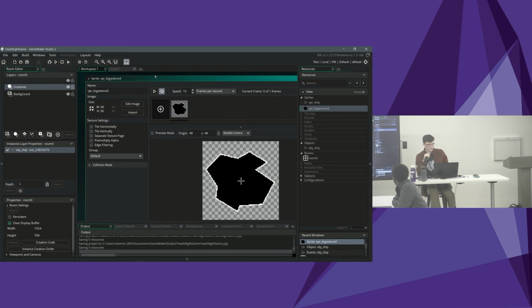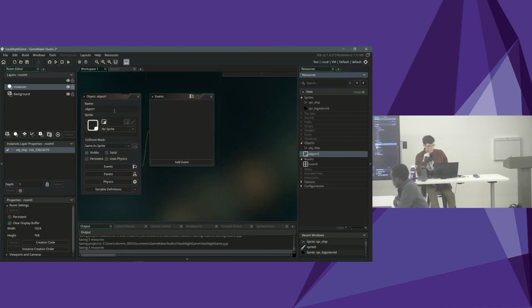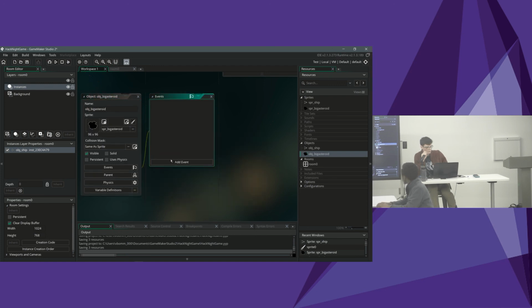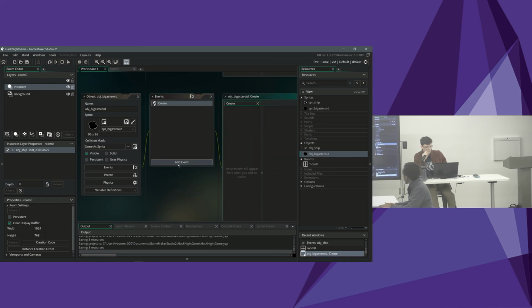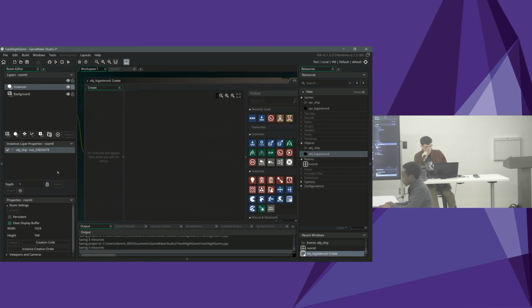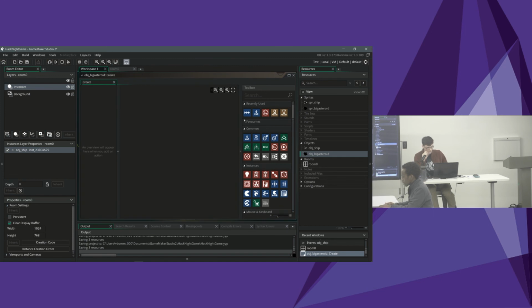So now similarly, we're going to make a new object, and this one's going to be for the big asteroid. So I'm going to call this obj big asteroid. I'm going to set its sprite to be the new sprite that I just created. And when I create the big asteroid, or when the game starts, or when it randomly spawns, I'm going to